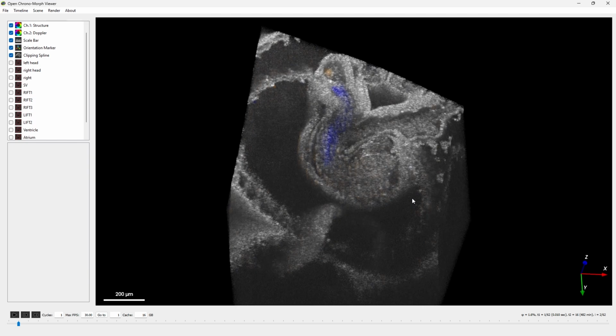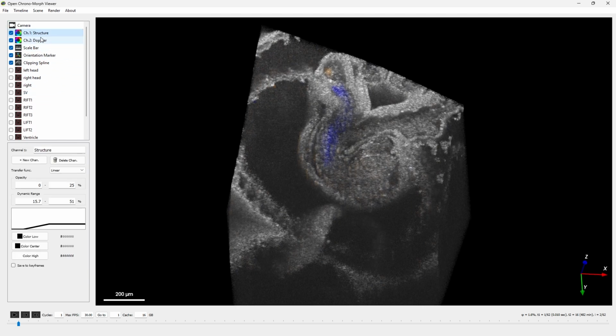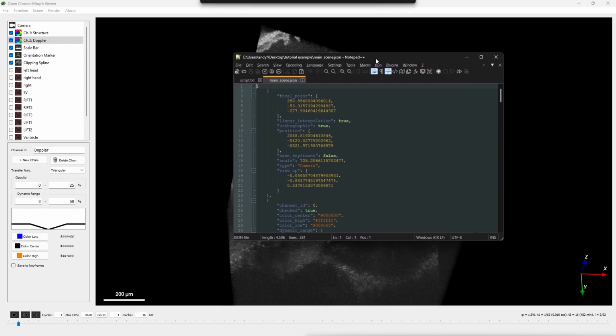Actually, I changed my mind. Let's also adjust the dynamic range. Let's adjust the Doppler channel, that's the blue and the orange one, and set the dynamic range from 3 to 50% of the full range. Good, that looks a little nicer. Use Ctrl-S to overwrite. Since the scene files are in JSON format, you can also view and edit the scene